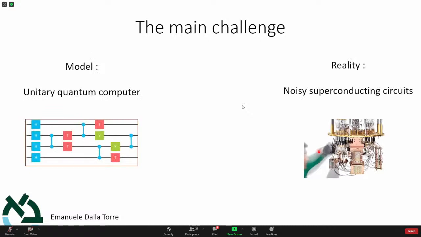The main challenge that I have introduced is this dichotomy between the way we try to think about quantum computers in theory, which is just unitary gates, these circuits, Hadamards, Control Z, T gates, Y gates. There are all these nice gates, and we build protocols, we build the Shor algorithm, we do quantum machine learning, we do all sorts of interesting stuff. On the other hand, there is reality. Reality is that the quantum computers are noisy, say superconducting circuits, which are even more noisy. You can maybe have a lot of qubits, but it's useless because they are so noisy. And the question is how to bridge the gap. This is the main challenge.